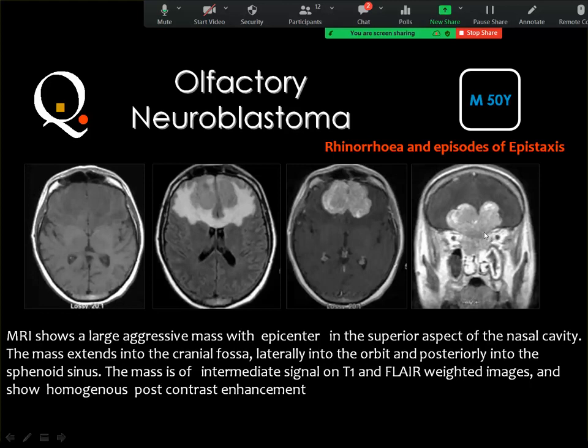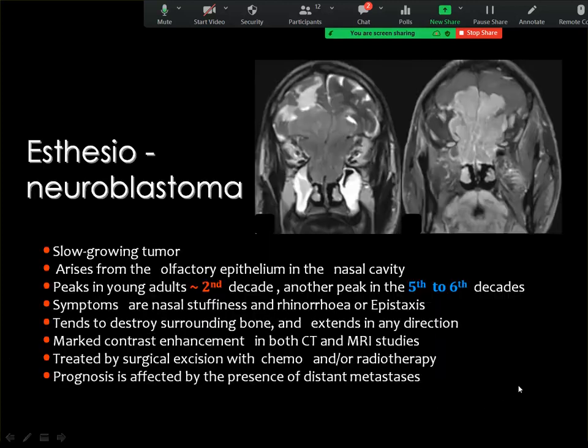The first one is carcinoma of this particular area, which is carcinoma of the ethmoids. The second one is lymphoma. The third one is metastasis. And in this particular place, there is a fourth diagnostic possibility, which is olfactory neuroblastoma. Olfactory neuroblastoma is a slowly growing tumor arising from the olfactory epithelium in the nasal